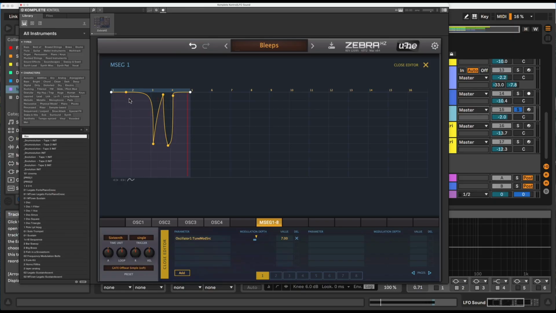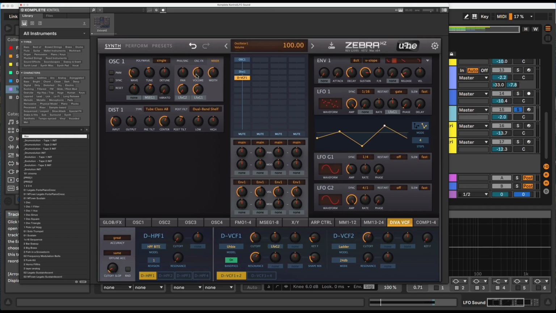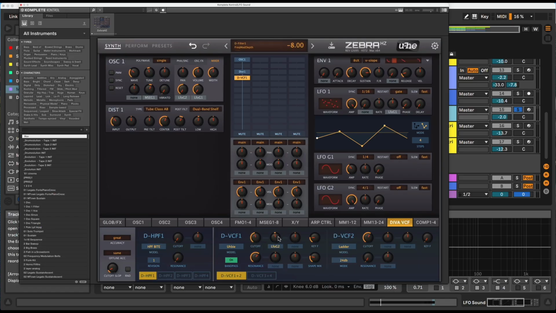Basically, I got something close to the rhythm with that, and then I used that to modulate the pitch, just doing it 7 semitones, and also on the volume and the panning. And then I've got a slower LFO, this is LFO G2, on the cutoff. So that's just gently raising and lowering the cutoff independently of the notes. So this is just creating this slow.